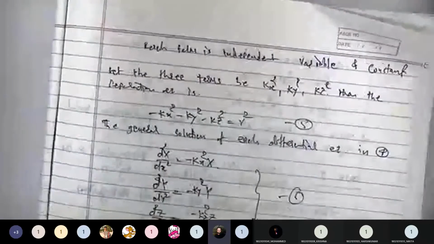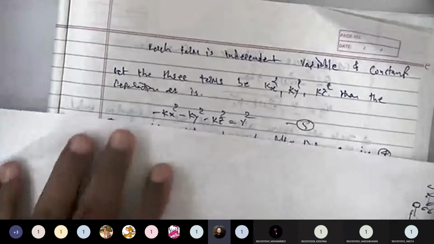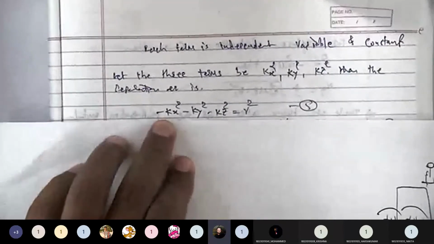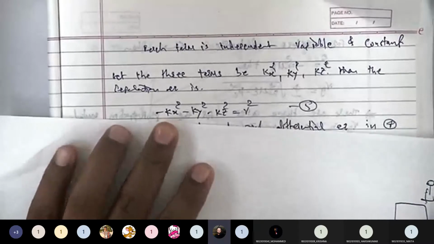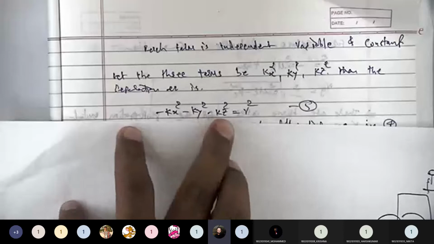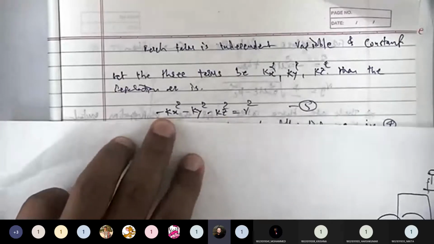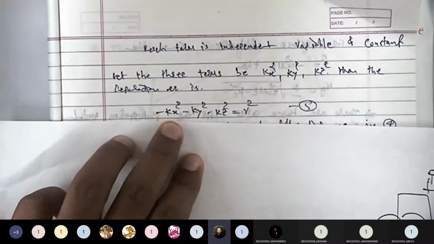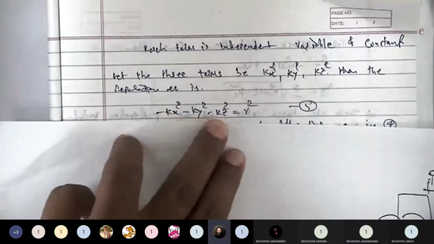તો મેં એ જ વસ્તુ અહીંયા લખી છે. તો ઇક્વેશન 5 you can see that is nothing but the same as our equation number 4. So now I have a new equation which is minus kx square minus ky square minus kz square. Now I have used different constant terms. So these terms are nothing but our kx square, ky square and kz square.